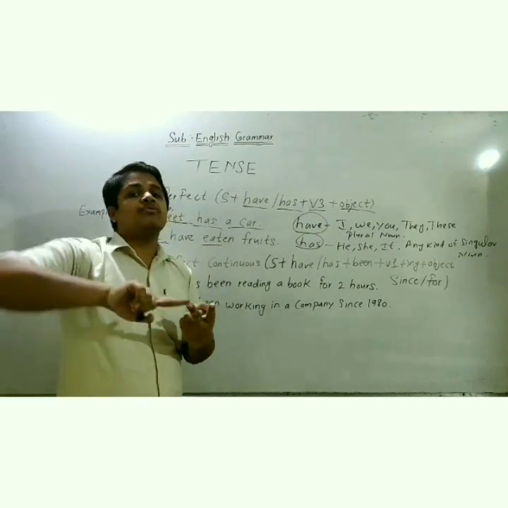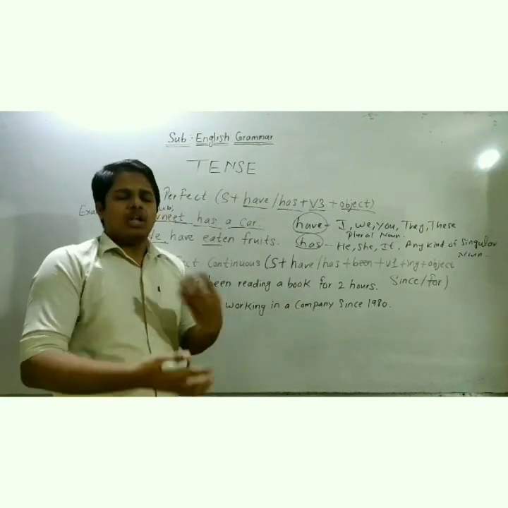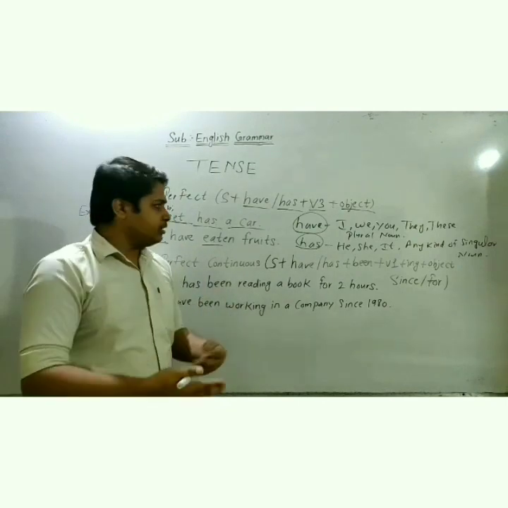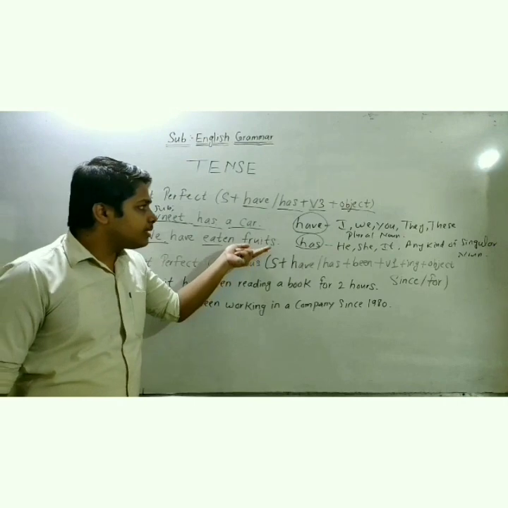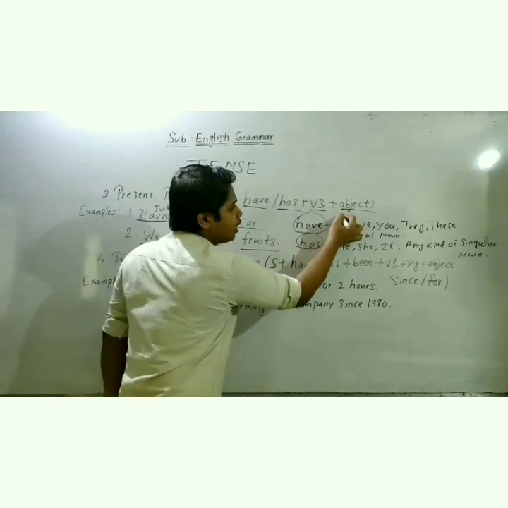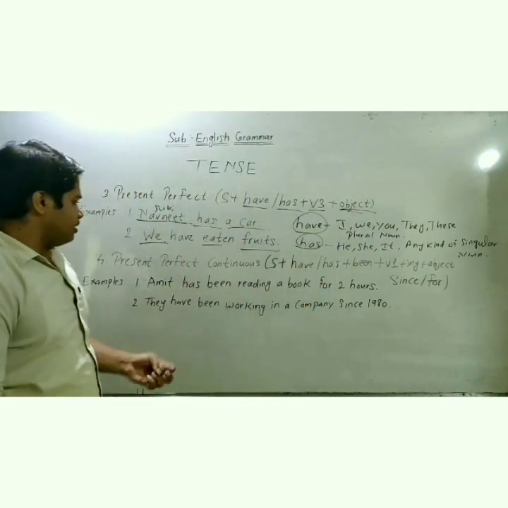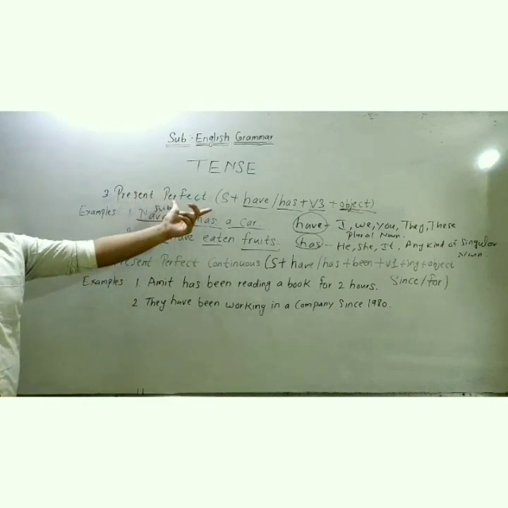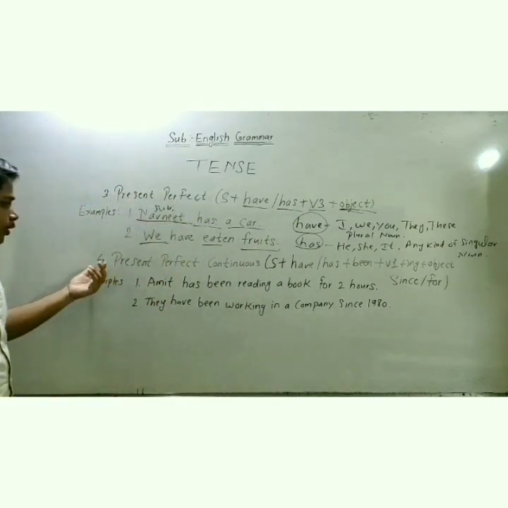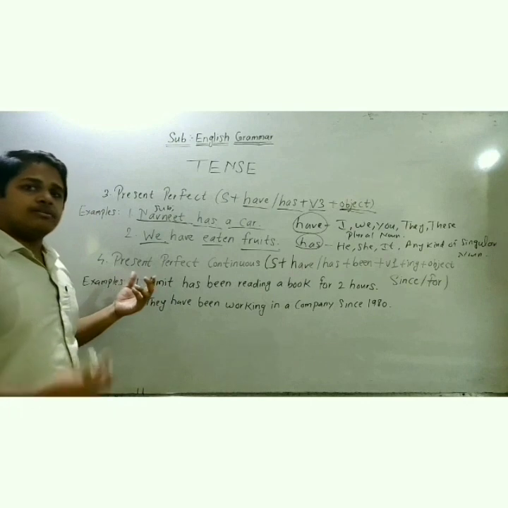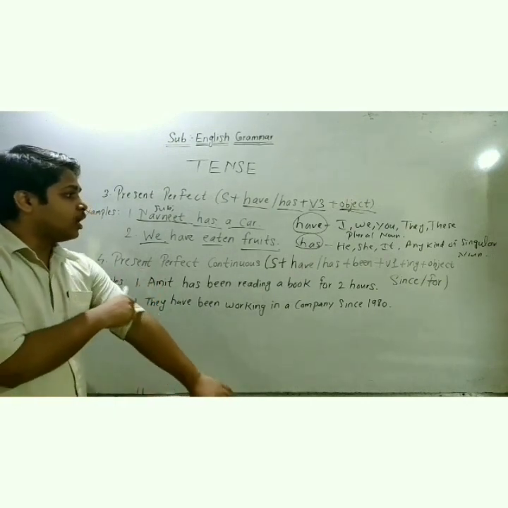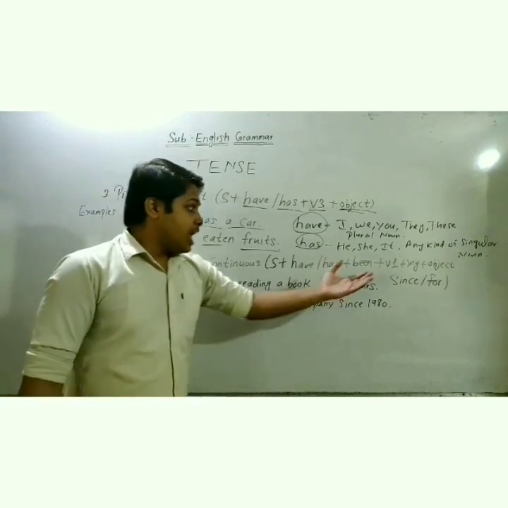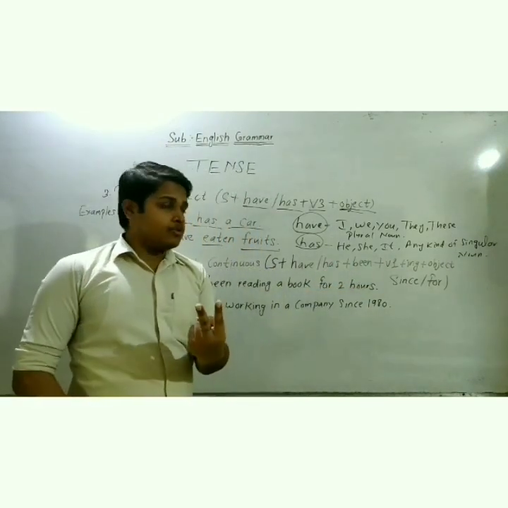Ate is what we use in the past, we will come to that later. Now we use eaten, the verb's third form, and fruit is the object. After completing the present perfect tense, we are going to start the fourth part, which is the most important and very funny and interesting, because it consists of two subtypes of tense.